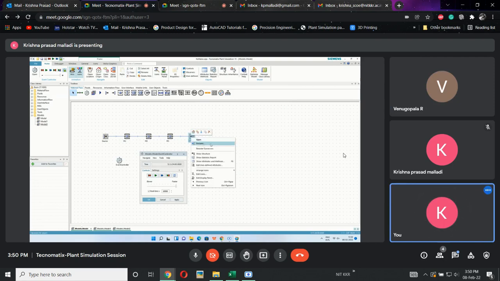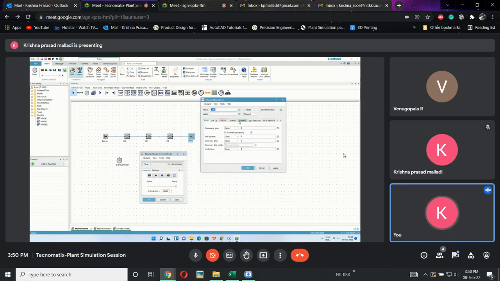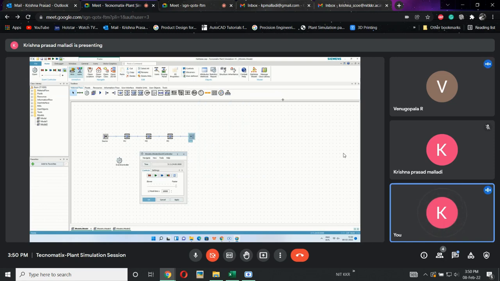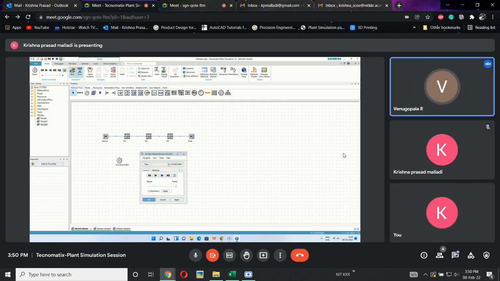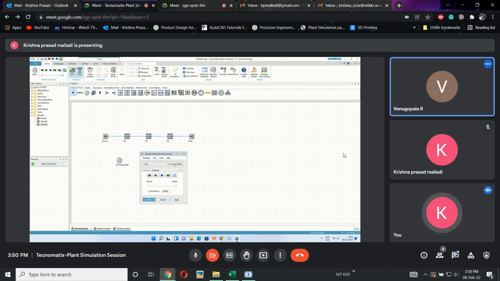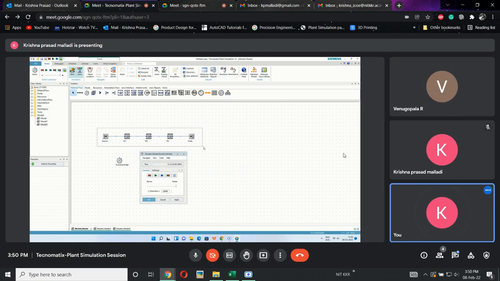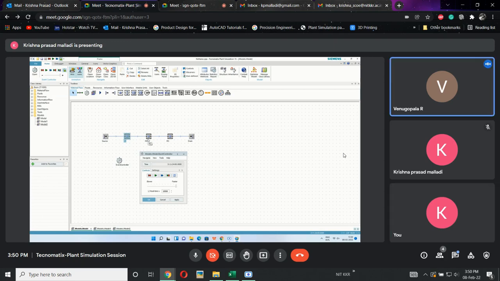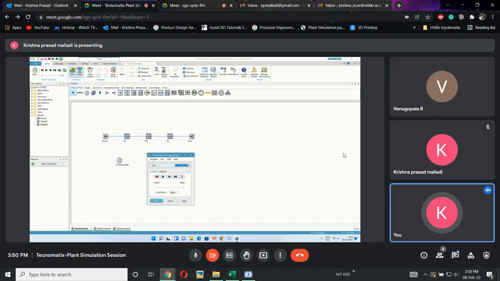Let me check this one. Double click on this one and statistics. 1000 parts were done. For preparing 1000 parts, it took 3 days, 11 hours, 24 minutes, 00 seconds. This is the time that was actually taken. Why? Because every machine has some processing time in minutes. That is exactly what this simulation is.